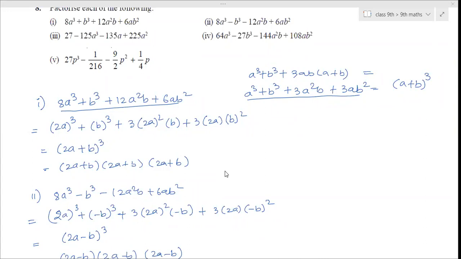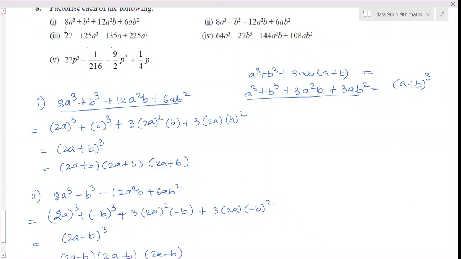135 is what square? 135, no, it's not a square. Then how is it coming? 125 is the cube, sorry, cube. But is there a printing mistake then? Where? Question number 125a cube minus 135a. So 135 should be something square. 3a square b, so b is a number here, not a variable. Variable is not there. So this term is 3ab square. Yeah, so b is 135.